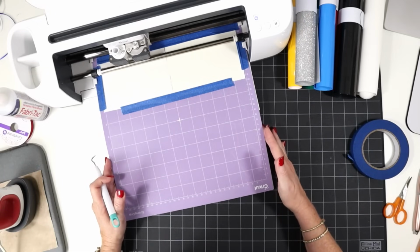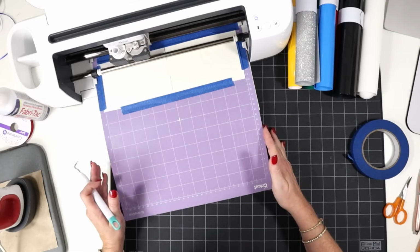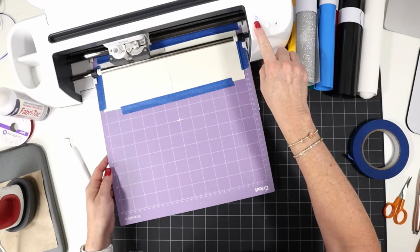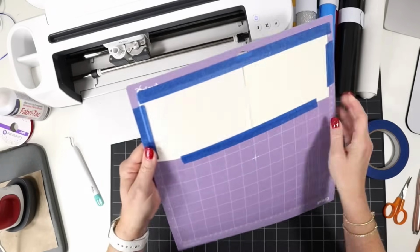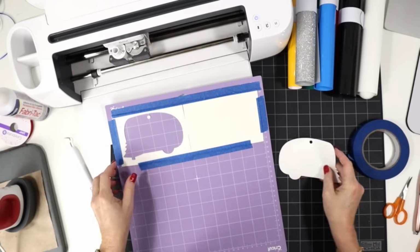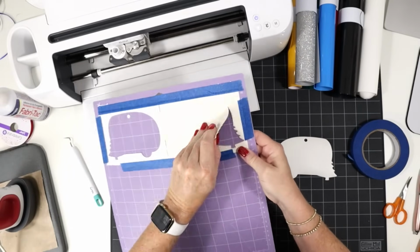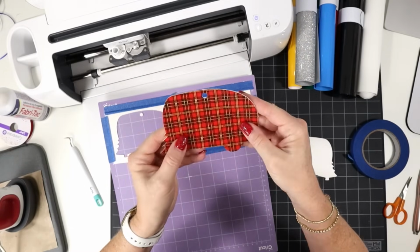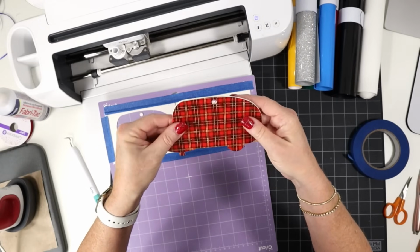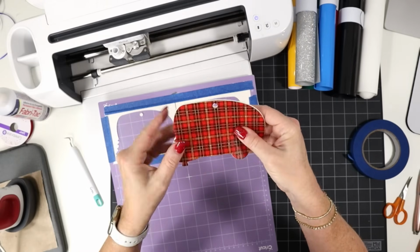If you're using the Cricut Joy, the option to rerun will be on your screen in Design Space. But these shapes look good, so I'll go ahead and unload the mat. We'll remove our shapes. So there's our front, and this will be the back, which we will glue together after we apply our heat